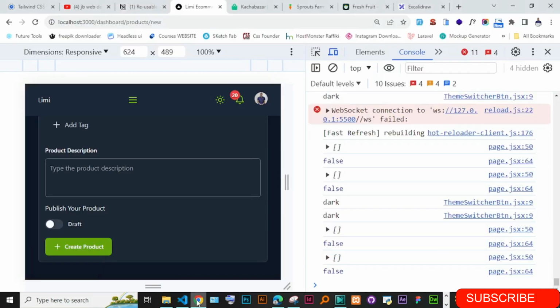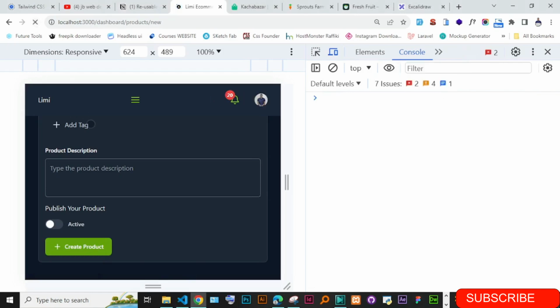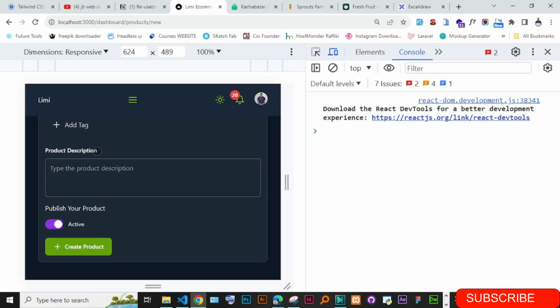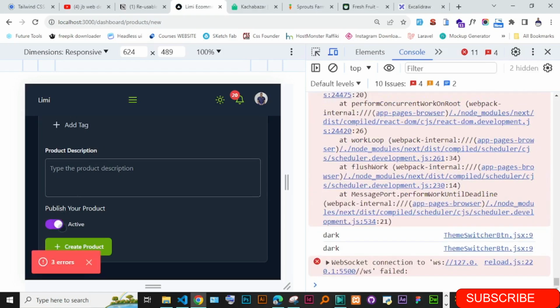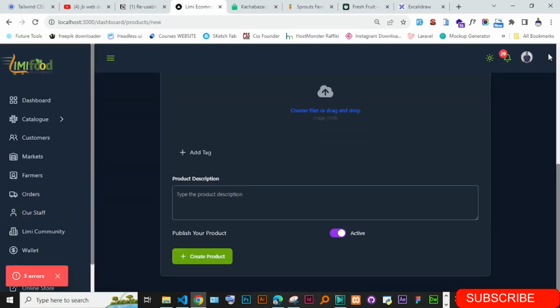Let's see if that one works out. Just to refresh. Okay, so you can see now by default it starts when it has this inactive. If you want to deactivate this product, then you can actually go ahead and deactivate this. Otherwise it should be just like public, so if you just want to deactivate, you just go ahead and deactivate. So the only thing we just need to make it is